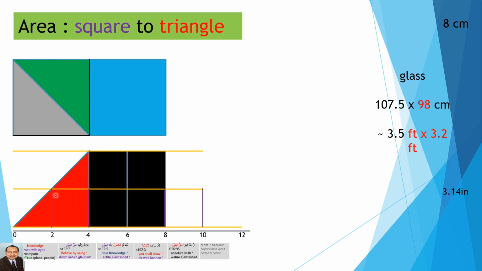So this is 1 unit. Each block is 1 unit. So this is a square, 2 units in this direction, 2 units here, so 4 units. Triangle, you can see this is 1 unit, and if you rotate and place it here, it is also 1 unit. So these are 2 units, one half of this square.